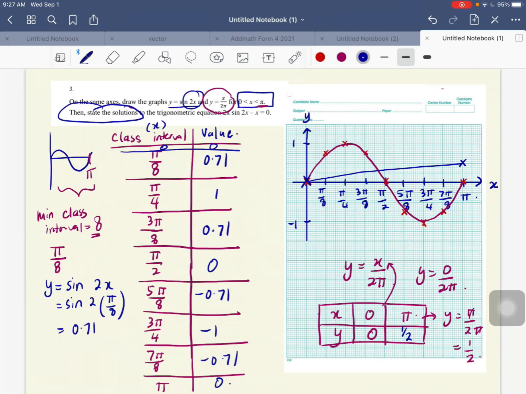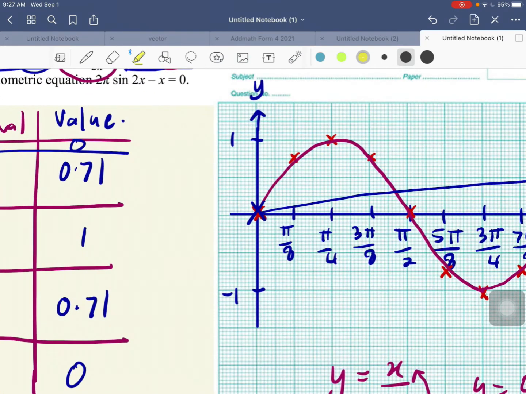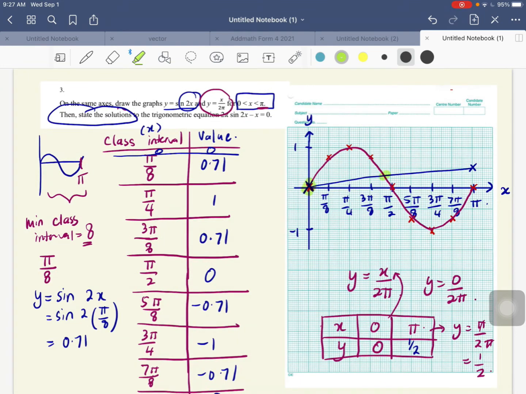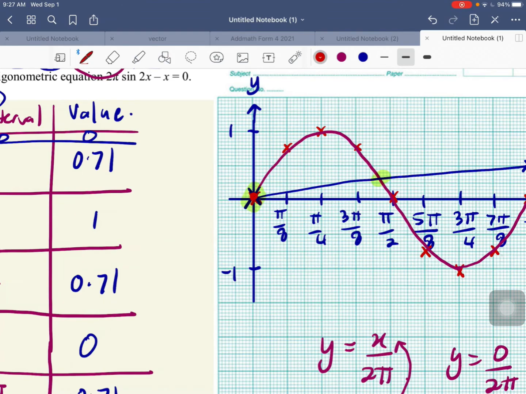Okay, so when we see that there are only 2 points here that intersect, one from this one and another one here. These points intersect each other because the question asks us to find the solution to the trigonometric equation. So the next one will be, there are 2 points. One is at 0 and another one is, if we see here, the point here shows as it is at,